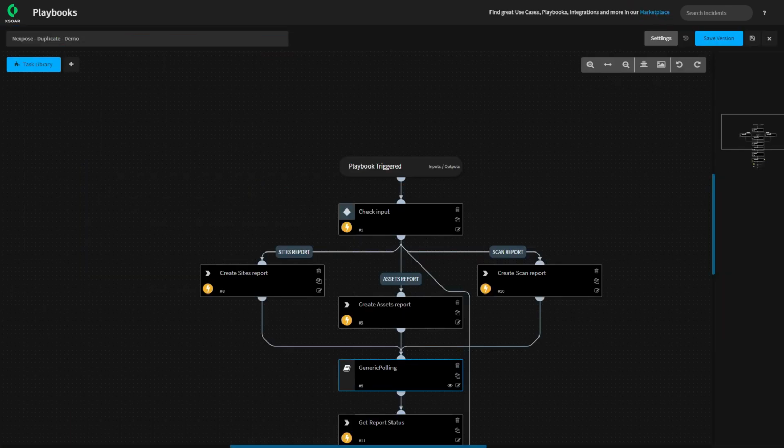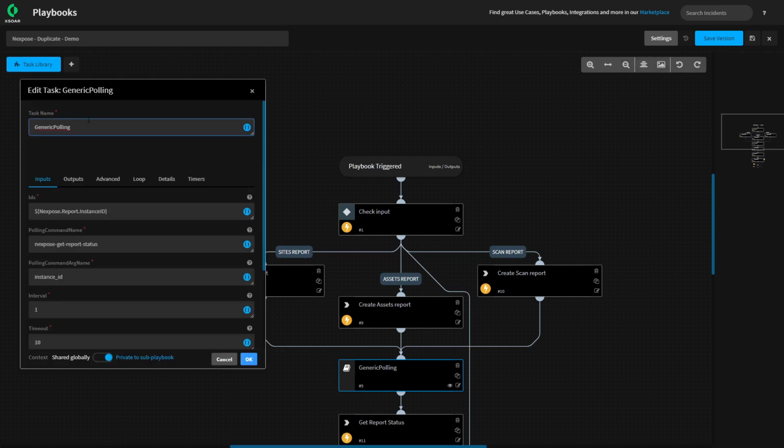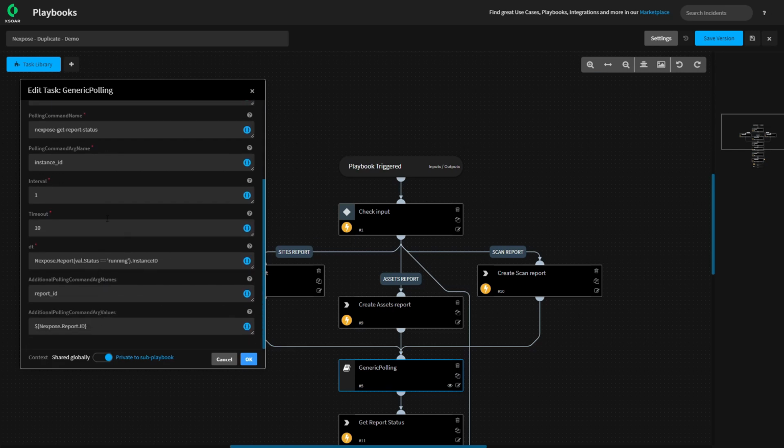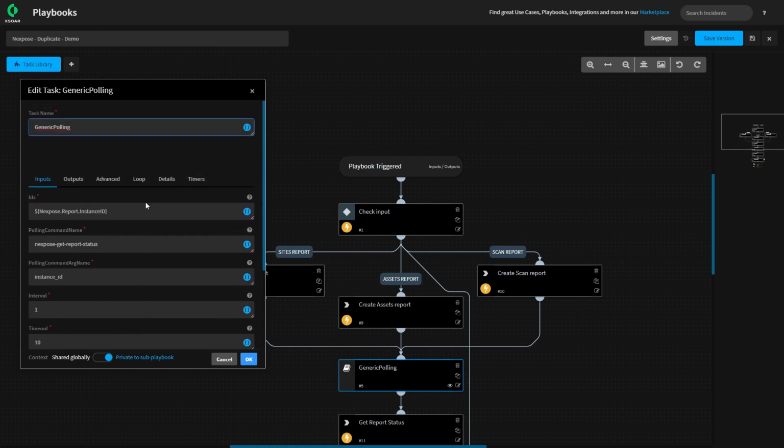Let's now move on to outlining how to use loops in sub-playbooks. So you may have a number of inputs from the parent playbook, and you need to run your sub-playbook per input. So you can do that by coming to here. You see the inputs that are in here. It's not really necessarily what you do here, but just to demonstrate